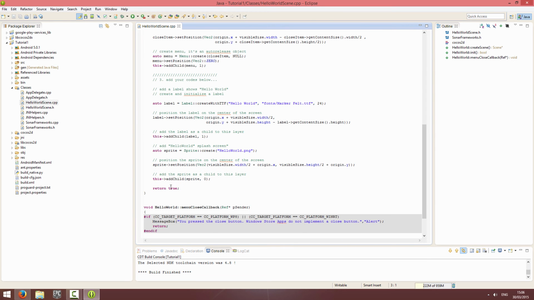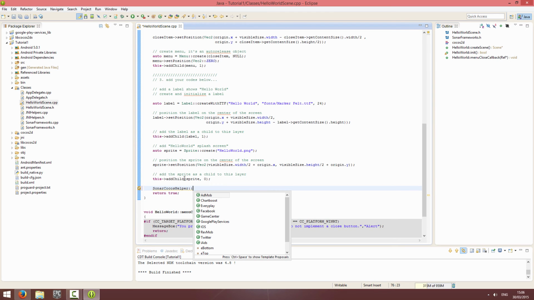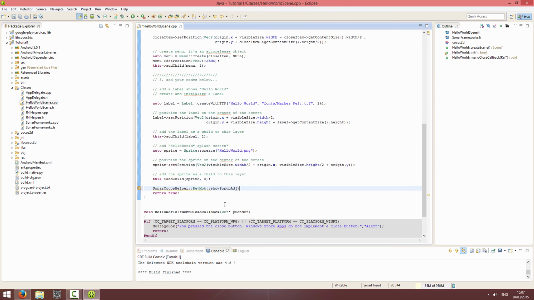So when the application loads up, I'm just going to do SonarCocosHelper RevMob, and I can show full screen ad and show pop-up ad. The show banner and hide banner won't actually do anything on Android as they're not implemented yet, but you can use AdMob for banner ads. So I'm going to show a pop-up ad when we first load it,